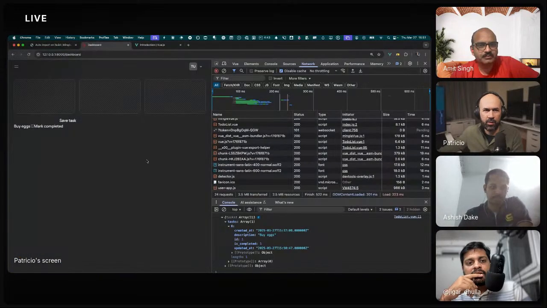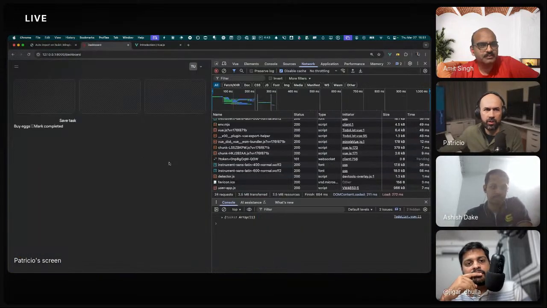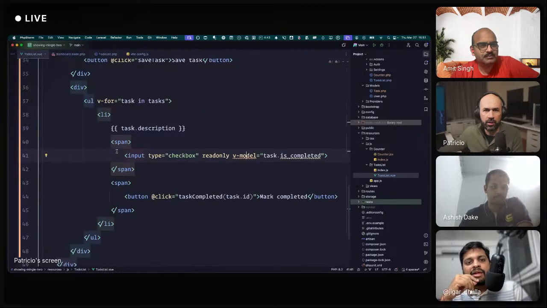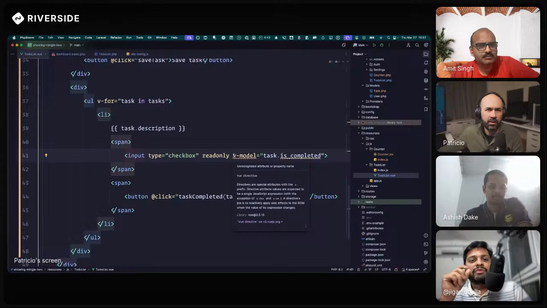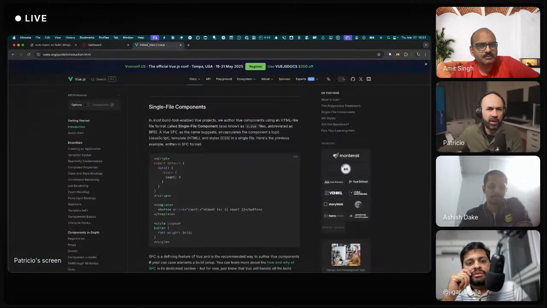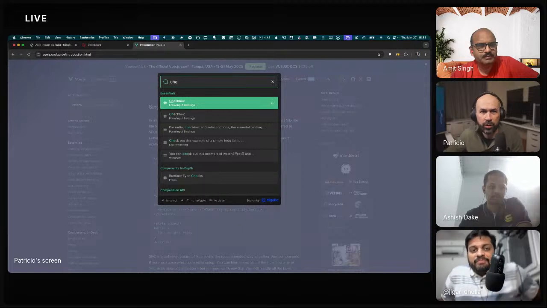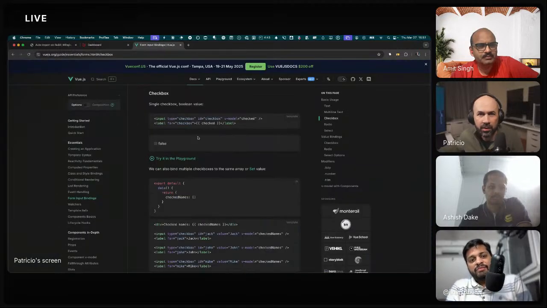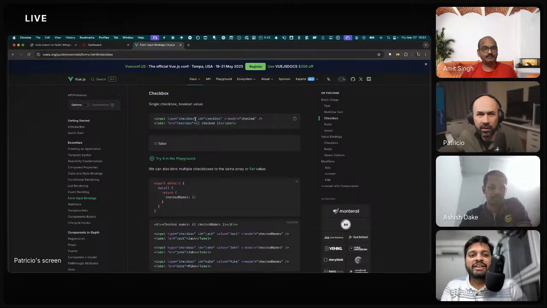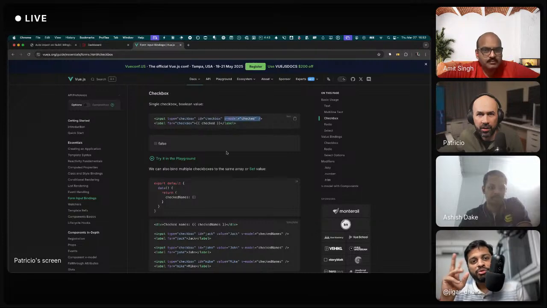I think now it's good. But I think it should be v-if or v-show, something like that. Let me try to find it. I'm almost sure v-model works. Looking at the name, I think it's v-model, something like two-way binding. Ah, yeah, okay.